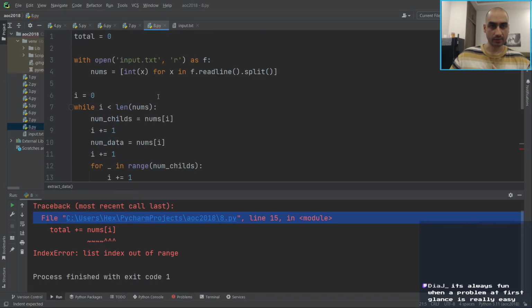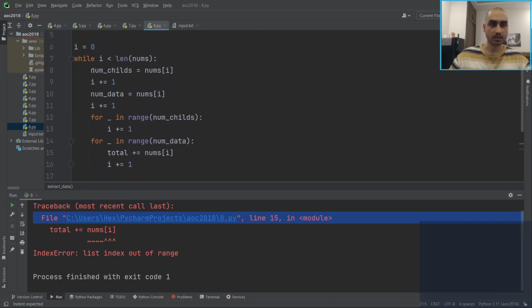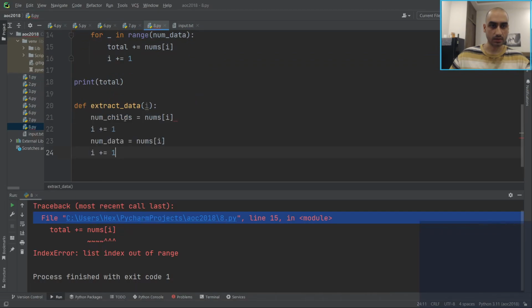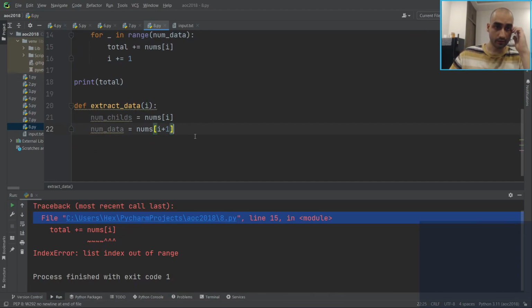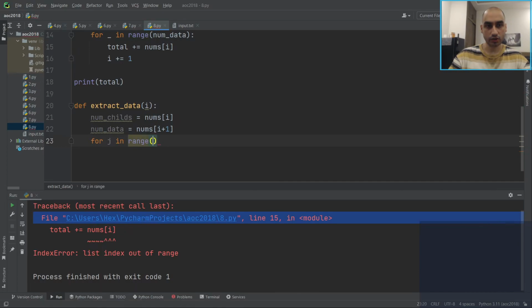Extract data i. Okay, so it's similar to this. We say num childs equals nums i. Num data equals nums i plus 1. Okay. So that's the number of childs and the number of data. Okay, so let's say for j in range num childs, so the start